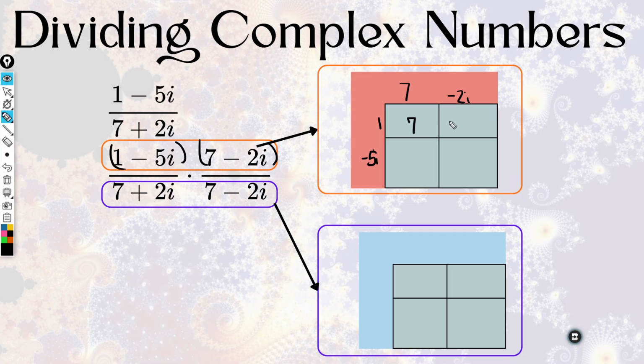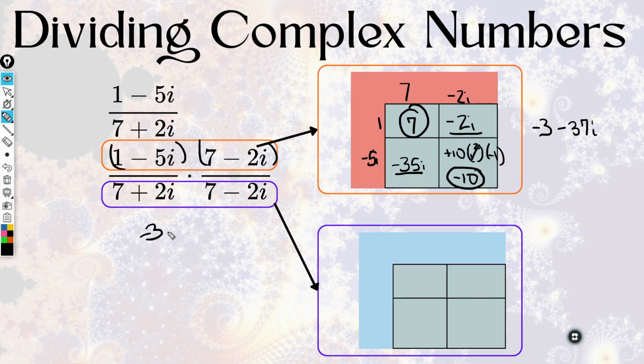So we have 7 times a negative 2i, or minus a negative 2i. 7 times a negative 5i is a negative 35i. Negative 5i times a negative 2i is a positive 10i squared. i squared becomes a negative 1. So 10 times negative 1 is negative 10. We add together our real parts, and that gives us a negative 3. We add together our imaginary, and that gives us a negative 37i. And that becomes our numerator